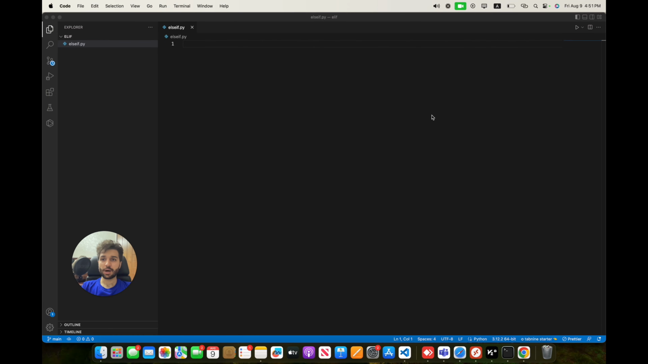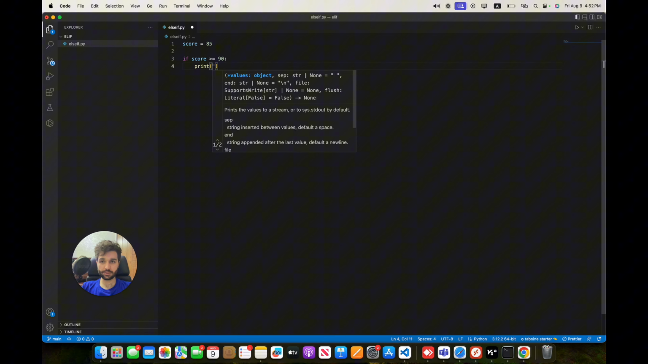Now I want to talk about else if. In the past we talked about if and else, and right now we have something else that we call else if. Let's have an example. Let's assume that we have a score variable with the amount of 85, and I want to make some conditions for this. For example, if a score is greater than or equal to 90, then it will print